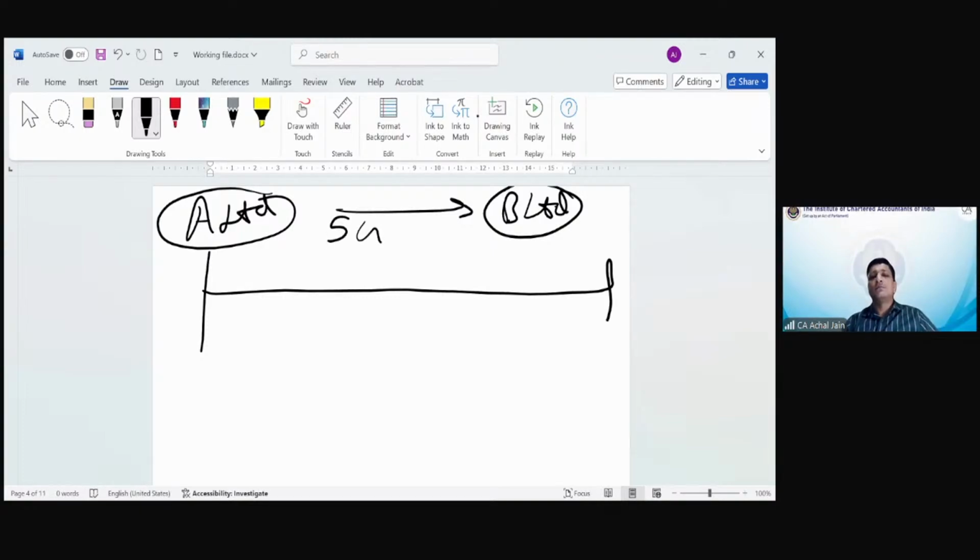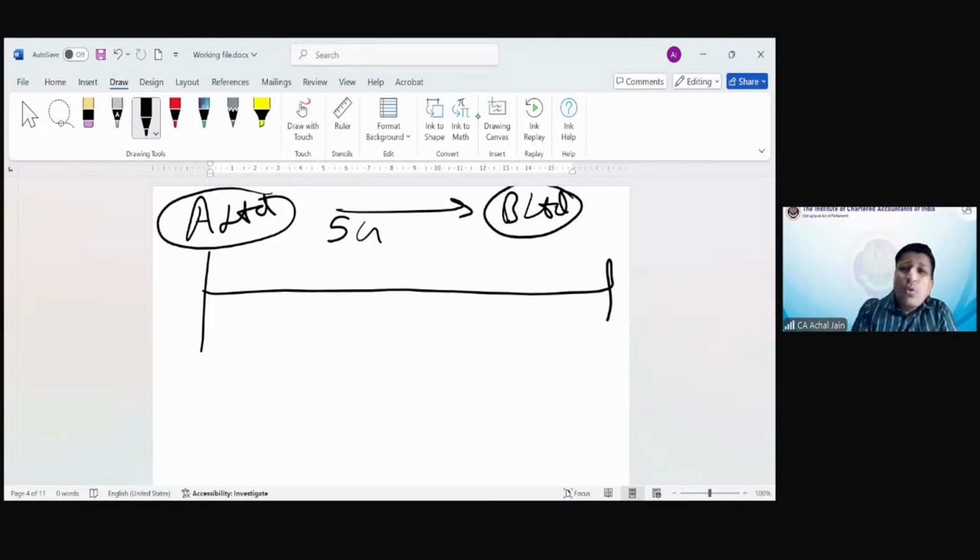Now, over and above, what did they agree on? They agreed that tomorrow, if the cost of A goes up, B says, don't worry, if your cost goes up for genuine reasons, I'll compensate you. B is also trying to incentivize A, saying if you complete the work before time, I'll pay you more. At the same time, B wants to impose a penalty: if you delay significantly, I'll charge a penalty.